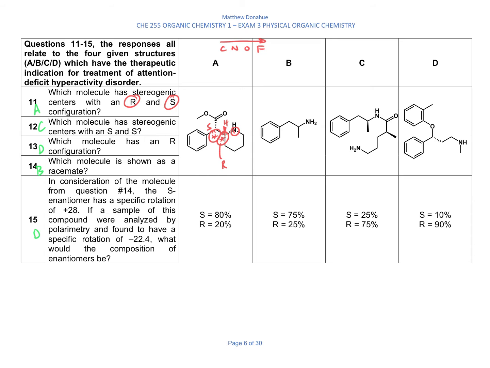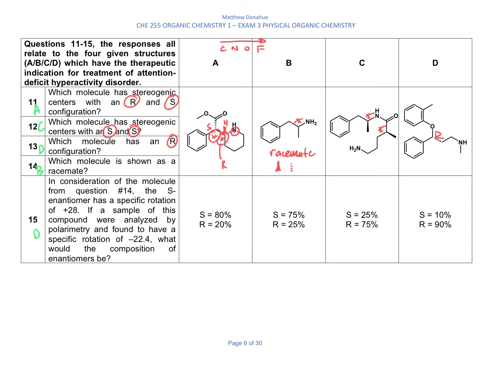The next question is asking S and S. So that has to be C because that's the one that has two stereo centers. Then the next question, R, that has to be D. And then which one's shown as a racemate? So this one is the racemate because it's not indicating a wedge or a dash specifically. So that's the order of those from 11 to 14, but we can go ahead and just determine those other